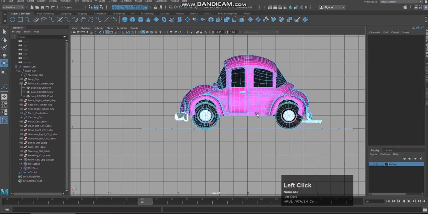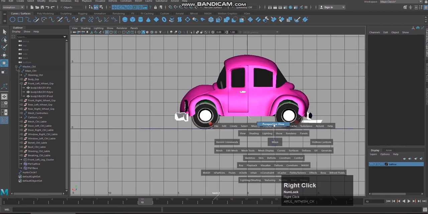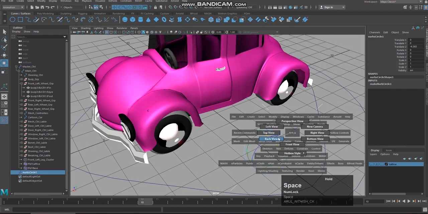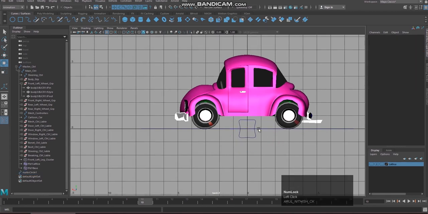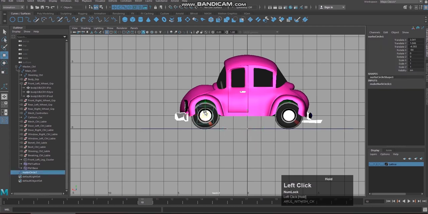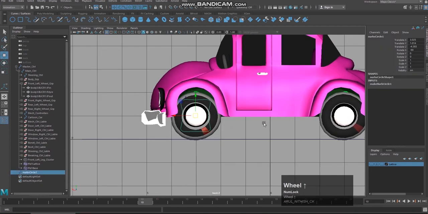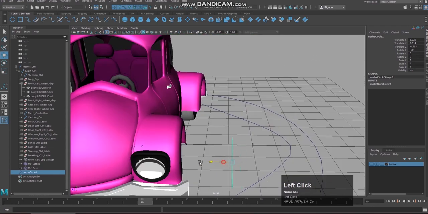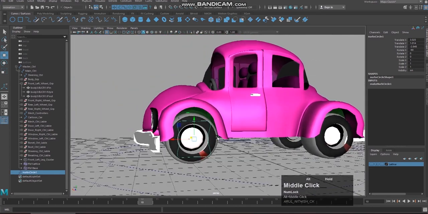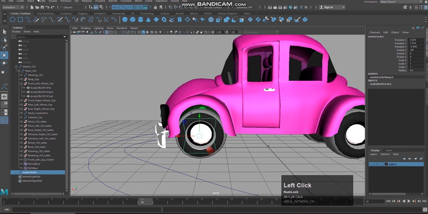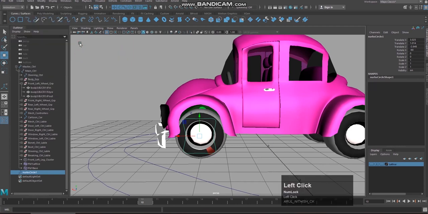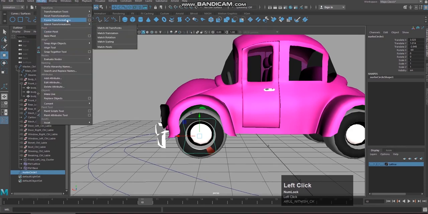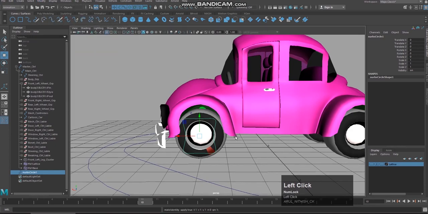Yes, select this, come to the back view, rotate this 90 degrees, keep it here. Bring it closer. Now edit, delete by type, history, modify, freeze transformation.